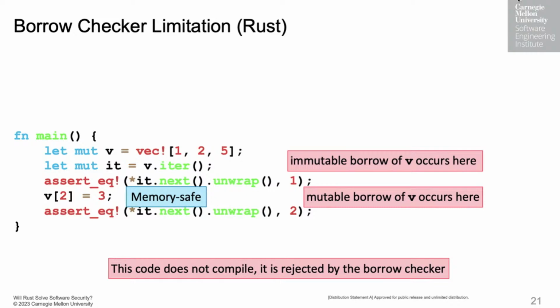So in other words, the borrow checker kind of gets in the way of what would otherwise be perfectly fine working code, because the borrow checker's model is limited. It is limited not in that it ever allows insecure code to compile. It's limited in that it sometimes forbids secure code from compiling.